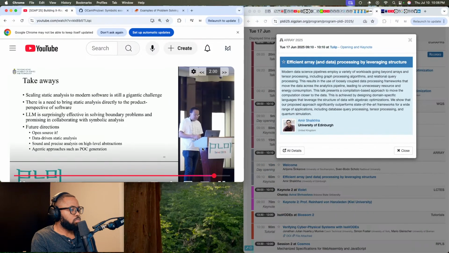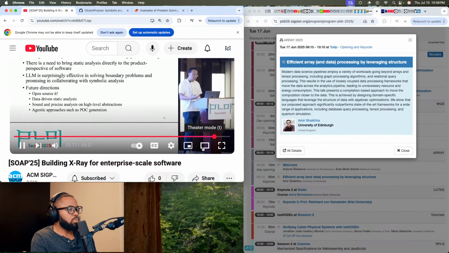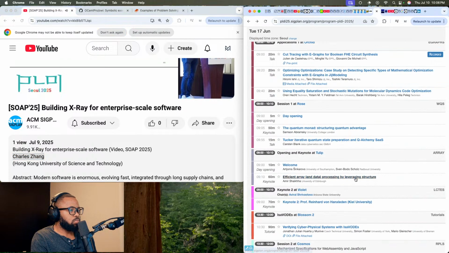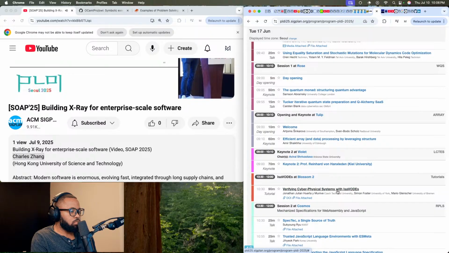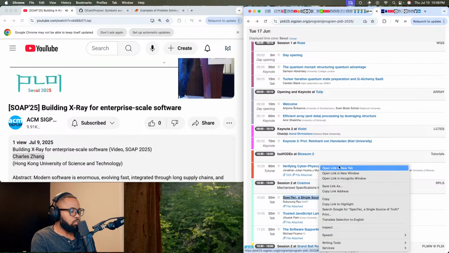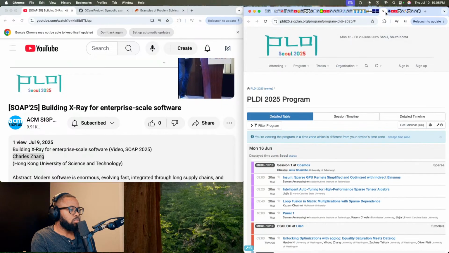I think static analysis is also good on high-level abstractions, such as static analysis on network protocol interactions. This is having great success in that you don't have the scale problem. We're also experimenting with agentic approaches to work with LLMs to actually produce POCs for the bugs that we find. I think that's a more valuable output for the users. I think that's it. Thank you so much.